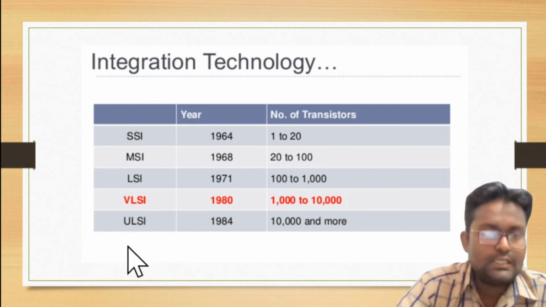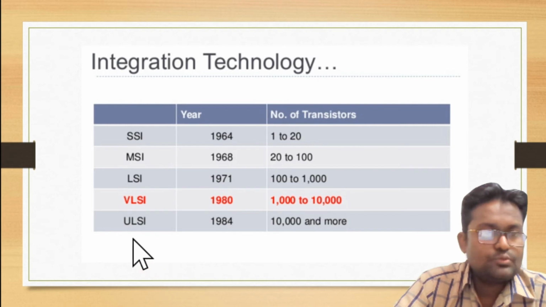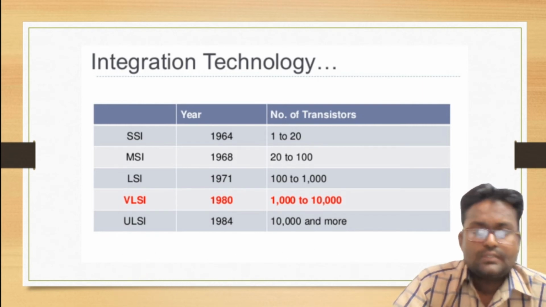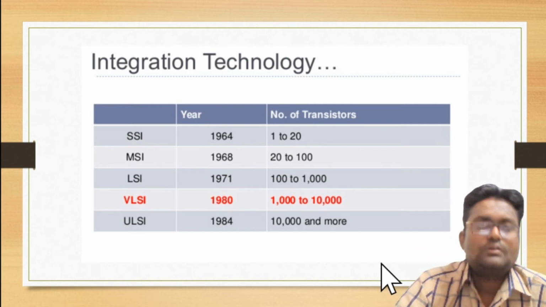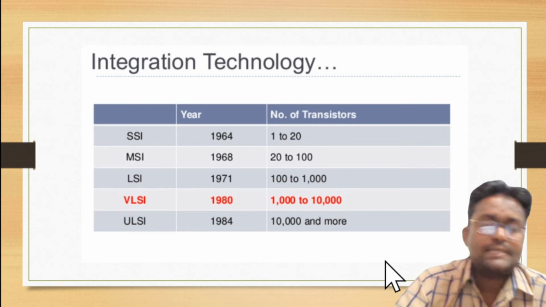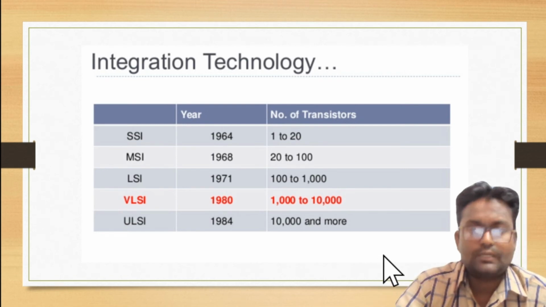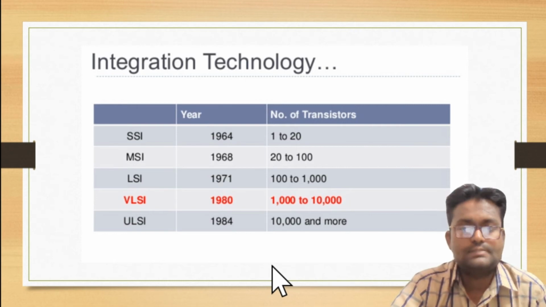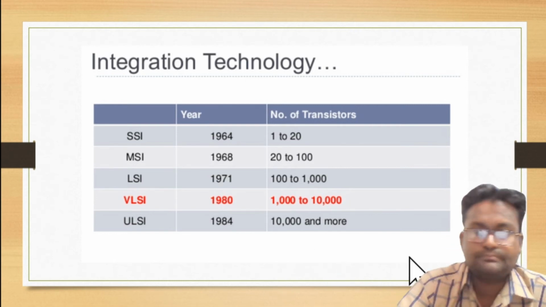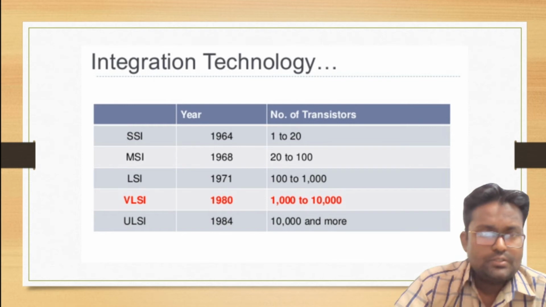After 2010, the technology that is used is GSI, giant scale integration. In mobiles, for the connection of any processor or various elements, today we use GSI technology. In it, the number of transistors is in the range of millions in a single chip.